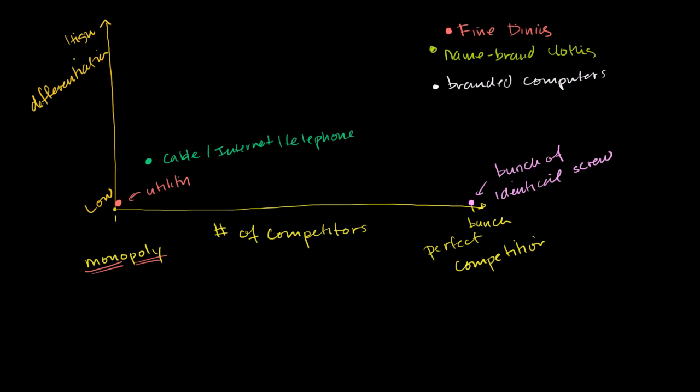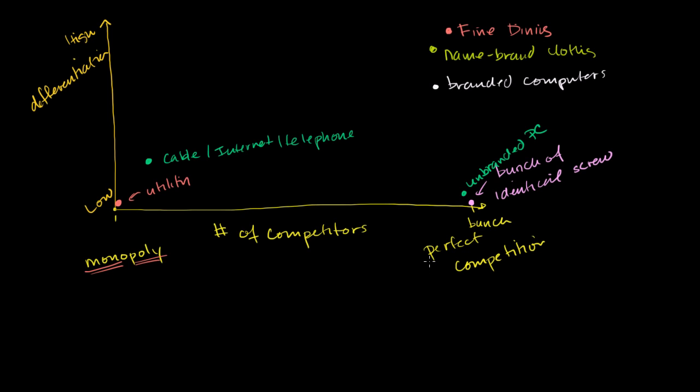But then you could also have something like the unbranded PC market, and that might be something closer to here, where you might have these random manufacturers. Some manufacturer from overseas, you don't even care, but they're using the same processor, the same memory chip, all the same things, so they're much less differentiated. So this might be right over here, unbranded, and that tends to happen with the personal computer industry. They're using the same Intel chip, the same memory, they're all running Windows, whatever else. There's not a lot of difference between them, so those actually start getting closer to perfect competition.